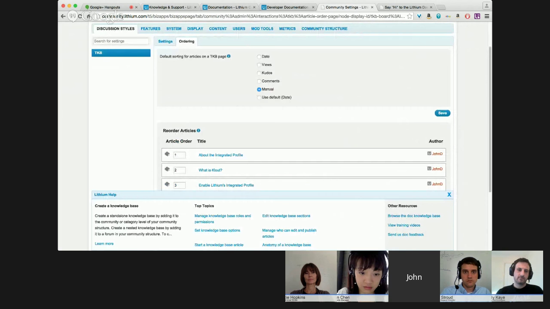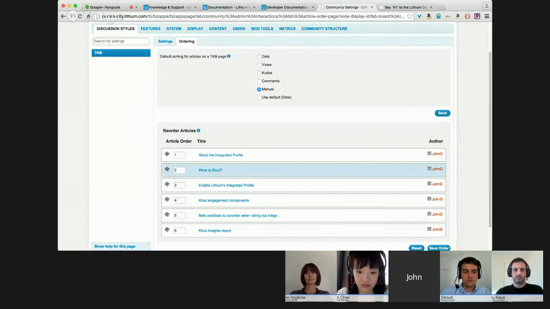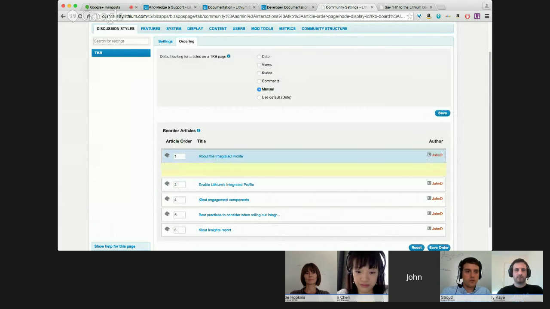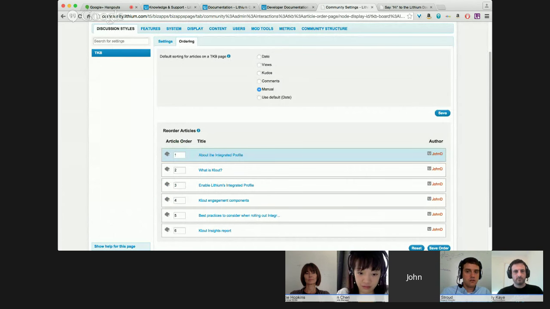That's this UI over here in admin now: when you turn on manual ordering, we can just drag and drop our articles, like a Netflix queue, and fix the order. We're very excited about that, and we've reorganized and ordered all of the content out there, so hopefully it's a lot easier for you all to digest.